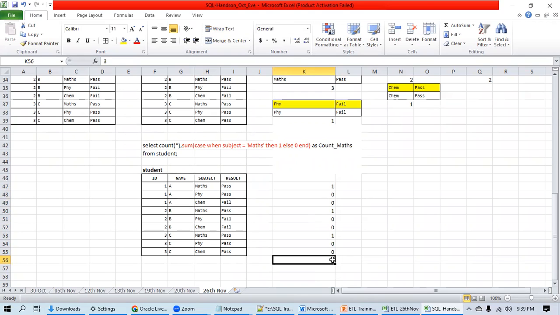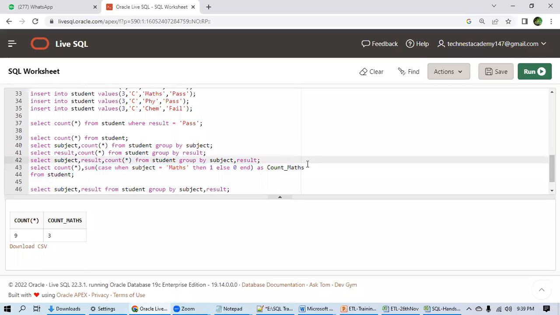Is this clear to everyone? Yes. So see how we have now used case in sum. Earlier we have used this in order by, right? Now we have used it in sum. Is it clear? Okay. Similarly, now we have to find